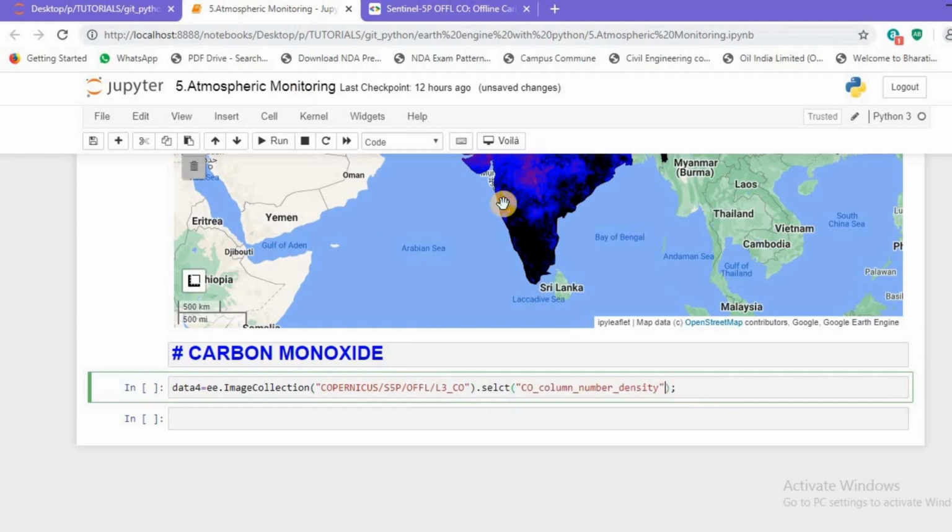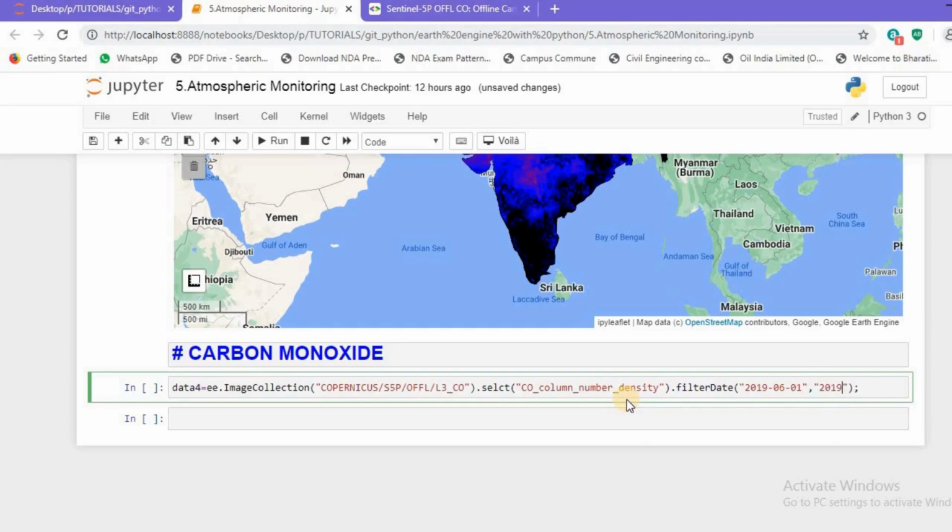That's it. Let's move forward and filter the data for a particular time period. So I'll use a dot filterDate function and pass my dates for that time period. So 2019-06-01, that is a sample date. You can change it as per your requirement.